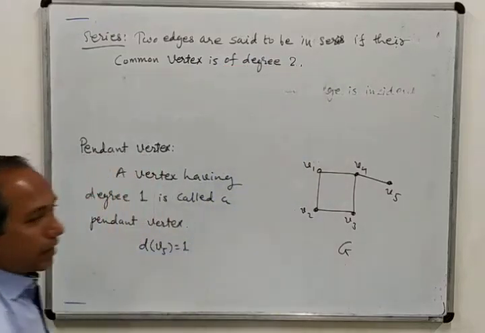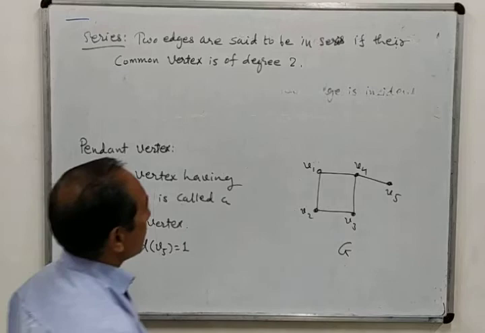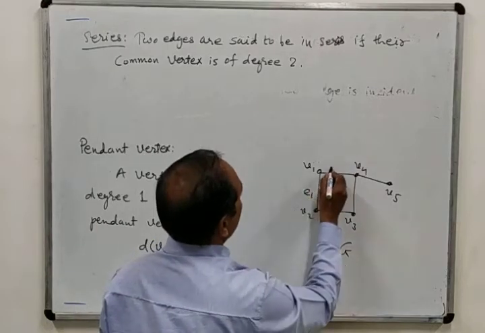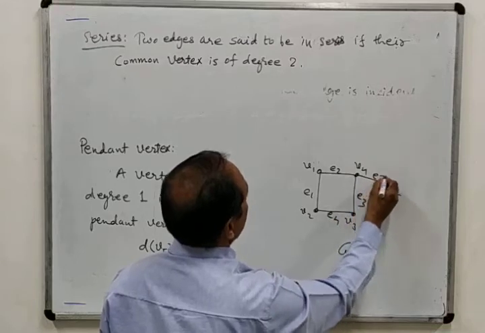So see here, read the definition. It is written there, two edges are said to be in series if their common vertex is of degree 2 and is of exactly degree 2, not more than, not less than. So here in this graph, if we name the edges by say E1, E2, E3, E4, E5 like this, then